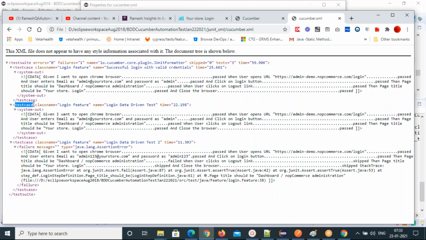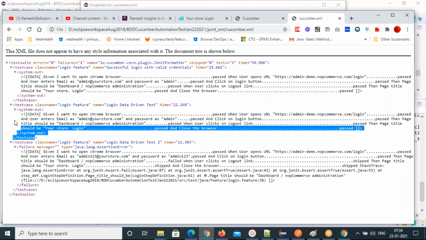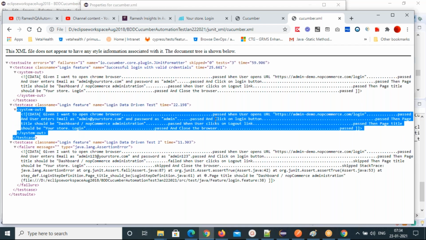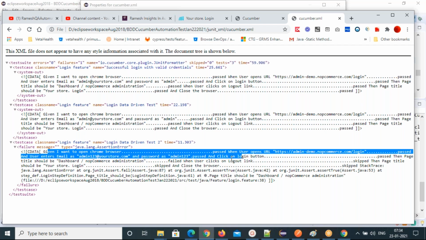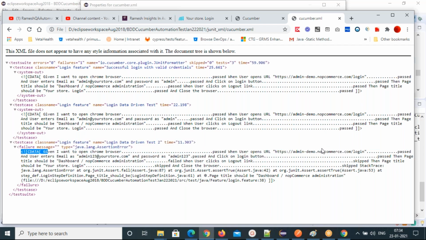Next, the second test case. Class name login feature, name login data driven test. The first test is all passed. You can see that passed. Second test, you can see this step is passed. Second step also passed. Third step passed. Login button passed.